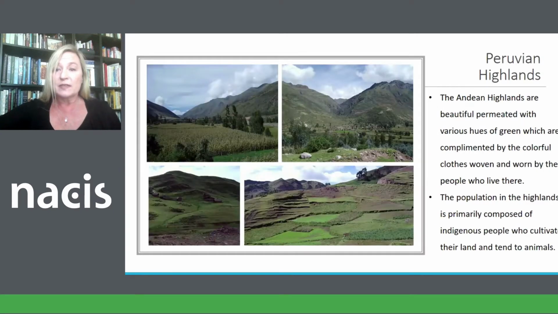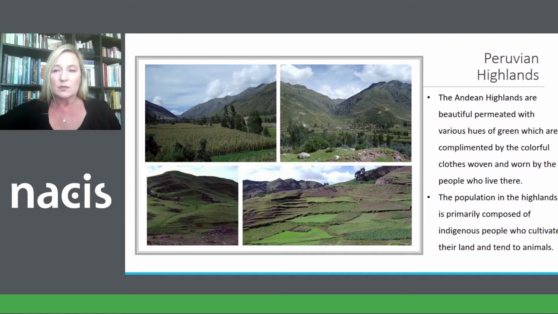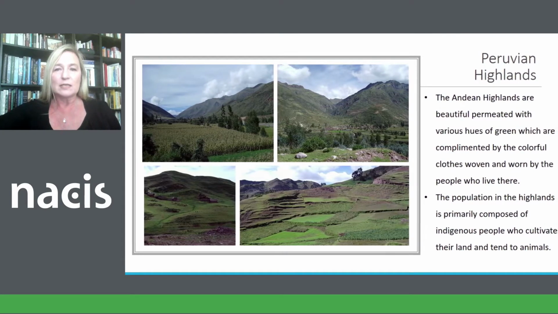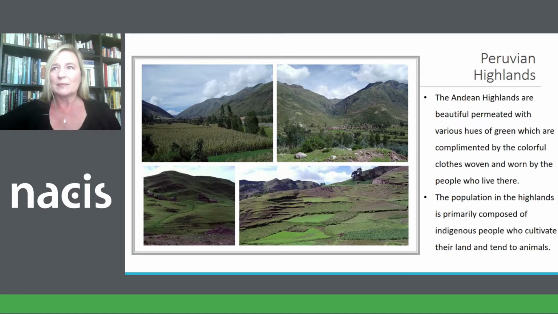The geography of Peru is very diverse, ranging from the Pacific coast in the west to the Andean mountain range in the center and the Amazon River Basin in the east. We primarily visited the highlands and the coastal region in the southern part of Peru. The Andean highlands are beautiful and permeated with various hues of green and complemented by the colorful clothes that the people weave and wear. And the population is composed primarily of indigenous people who cultivate the land and tend to